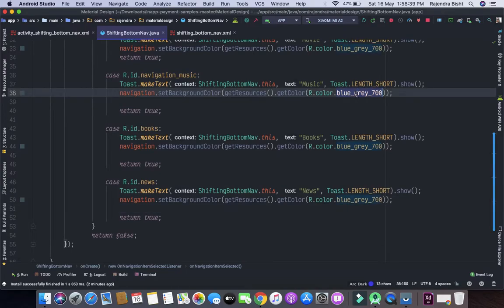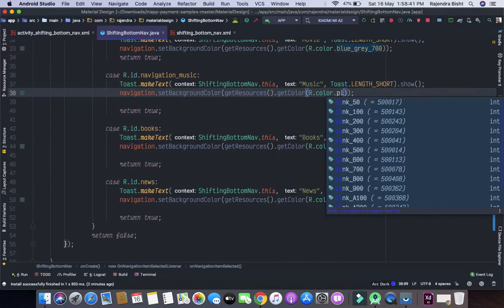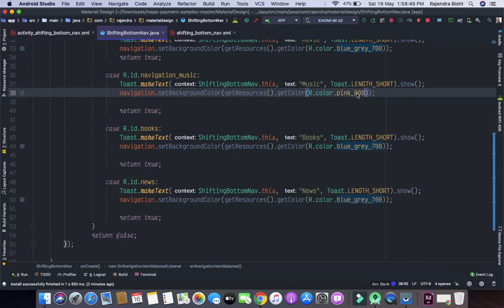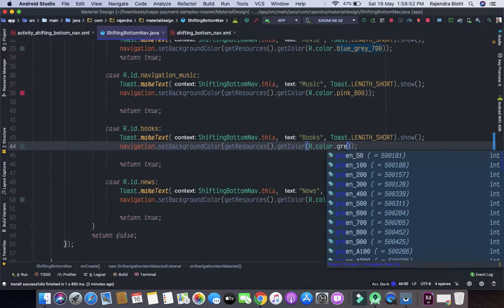Now change the color, let's say pink, and the third one is, let's say, gray.